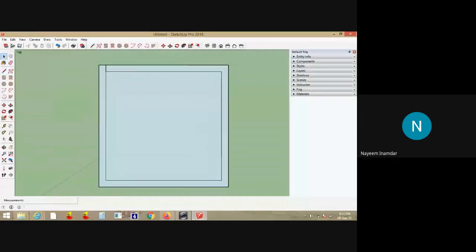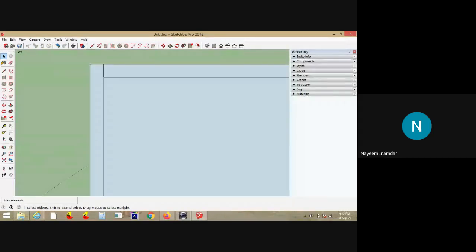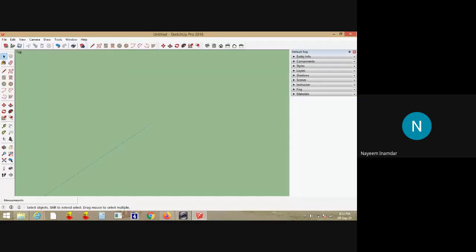Now you can see here, again the outer line also is a closed conduit, and the inside area has been hatched with the gray color here. Now I would like to remove this line. You can see here, this is an extra line that I chose for drawing the wall here. Where it has come.